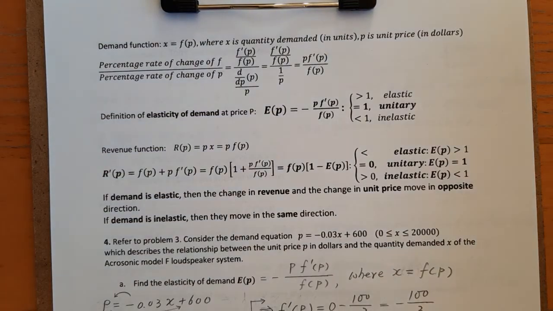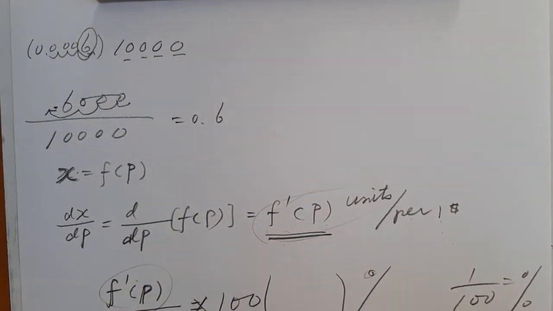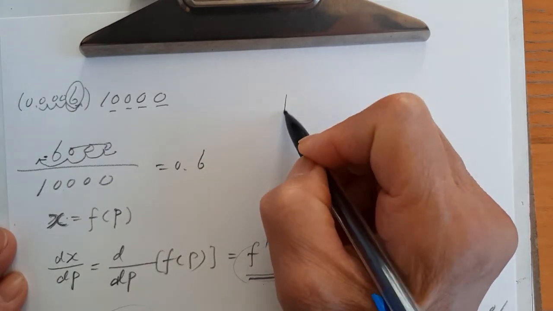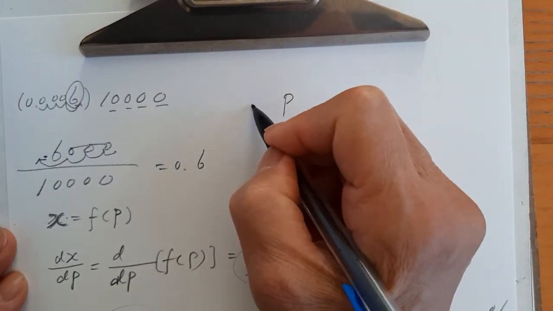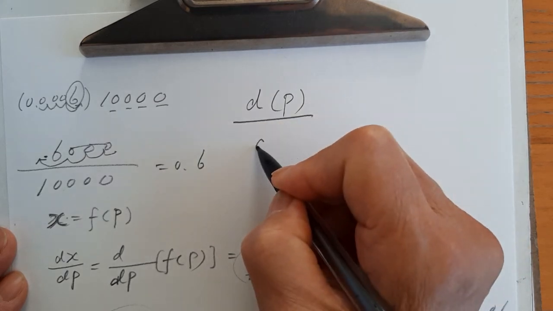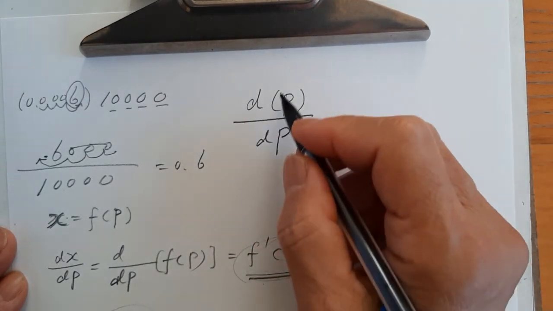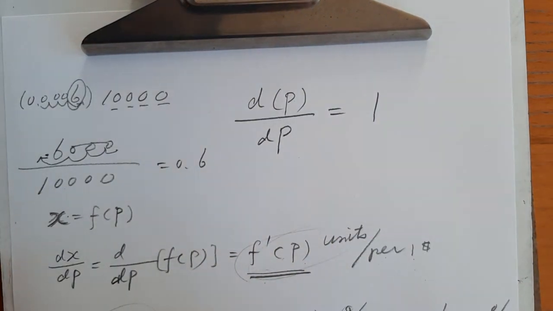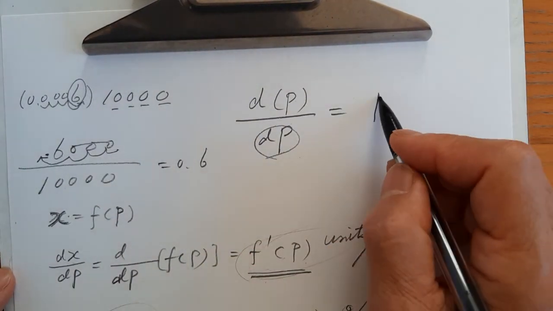Now P dollars, you can say P is a function. You take the derivative of P with respect to P, which is just one. P, taking the derivative with respect to P, is just one. It's just like